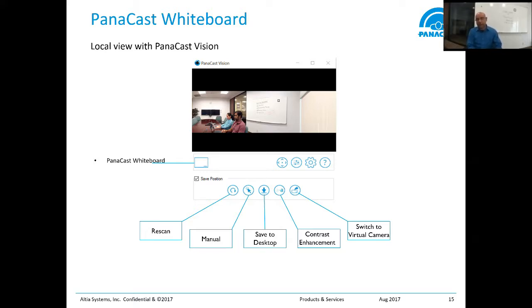And the last button, we'll talk more about that. It allows the whiteboard to convert itself into a virtual camera. It can actually replace the video that you're sending, and then you have the whiteboard being your primary video. We'll talk more about that later, but